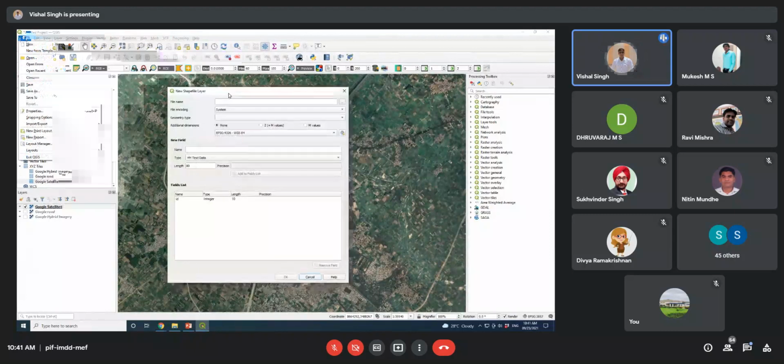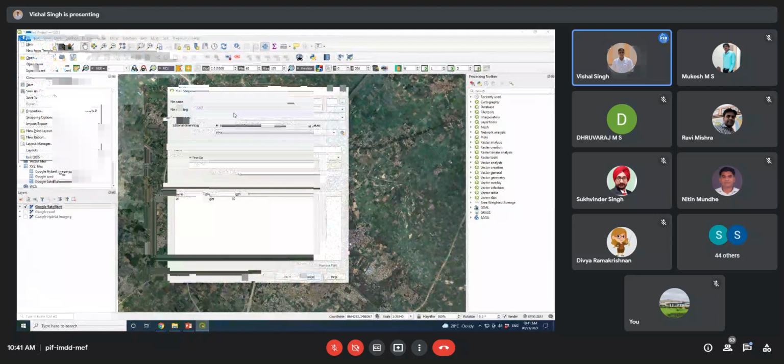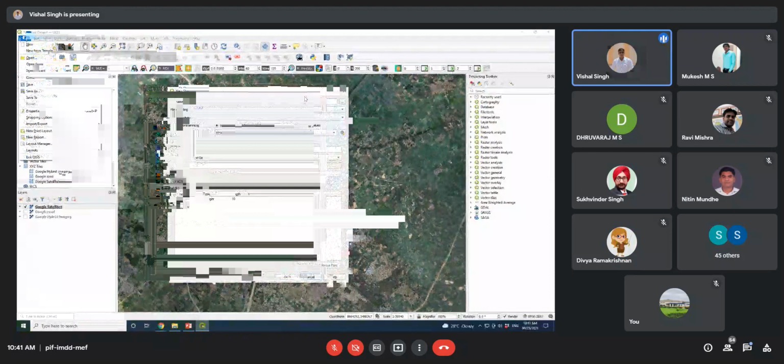First we will create the point file, then the line shape file, then the polygon shape file. So first we need to save the shape file. We will click here and browse our local directory.